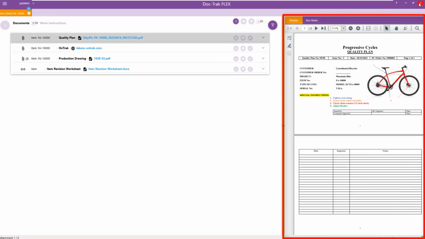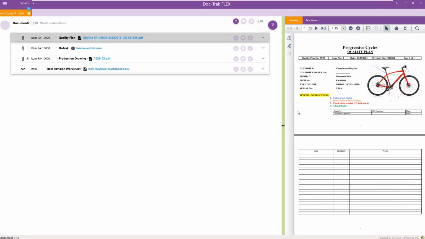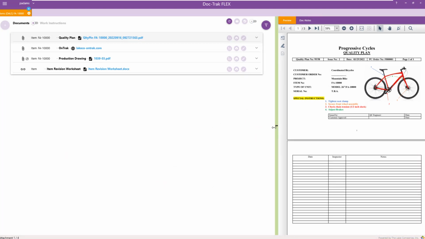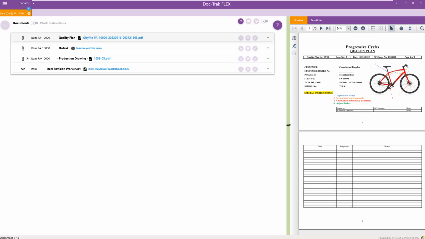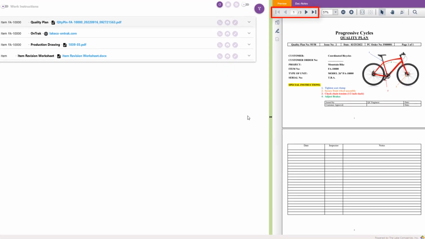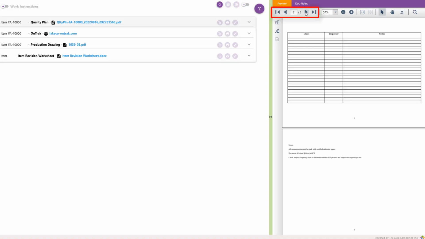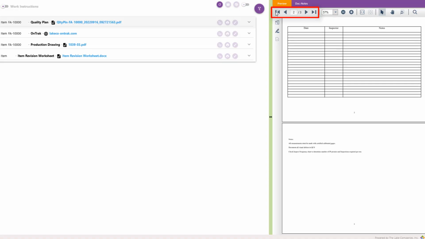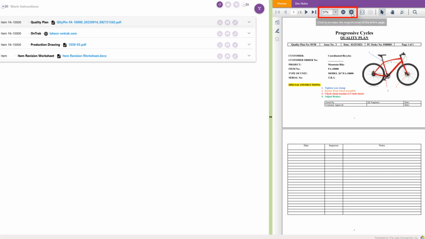Next, let's check out the previewer. First, notice that we have a splitter that we can adjust to change the size of the view. I can use these controls to move from page to page, or zoom in and zoom out.